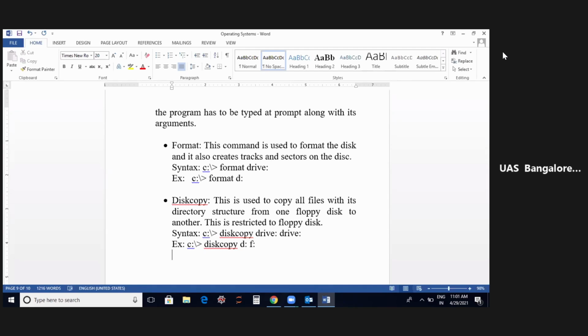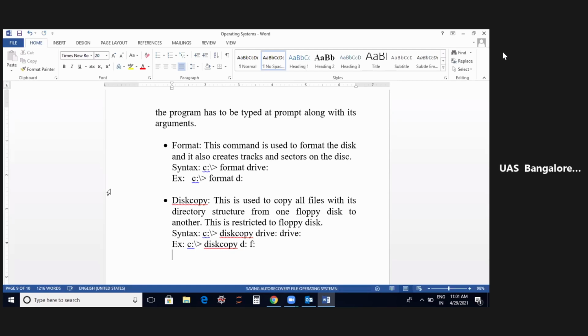See, for example, these drives, this format drive and all, some slots will be left for, say, the pen drive these days. Whenever you insert the pen drive, a particular drive is dedicated for that pen drive. So one or two drives have been dedicated.